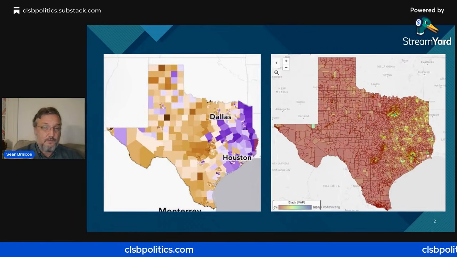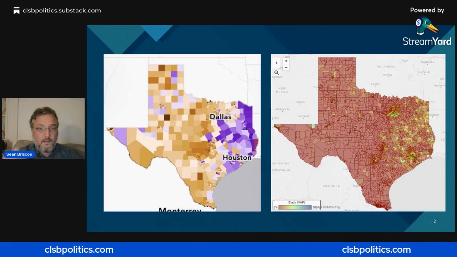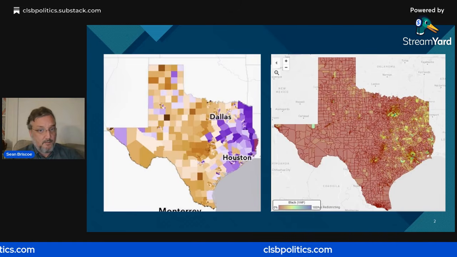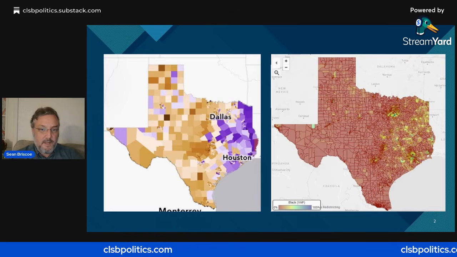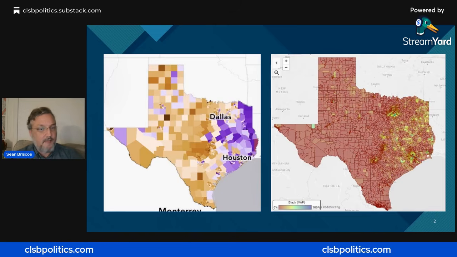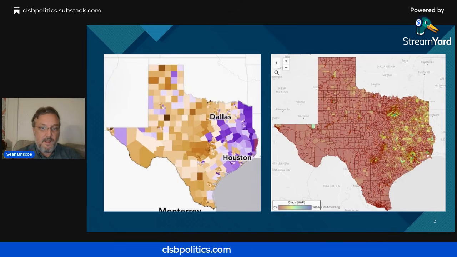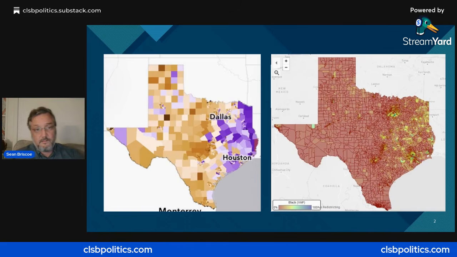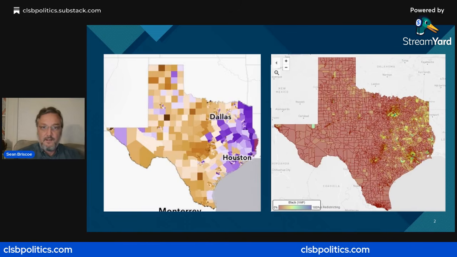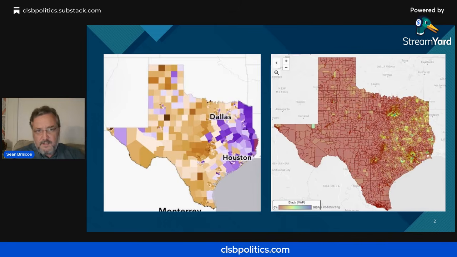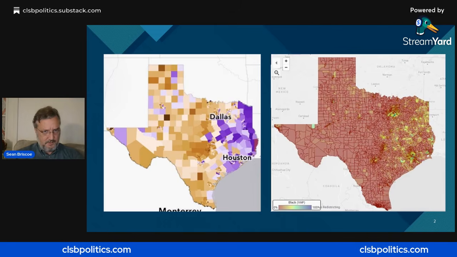So, Texas overall. On the right hand side, you see the red Texas map. That's a demographic map. The green and the yellows are African American communities, mostly or predominantly. And then anything red is going to be other. So it'll be Hispanic or white mostly, although when you do drill into the cities, you do find large Asian communities and things like this. But this is kind of just a broad look.